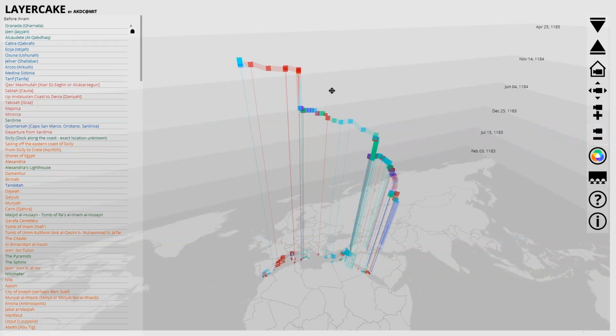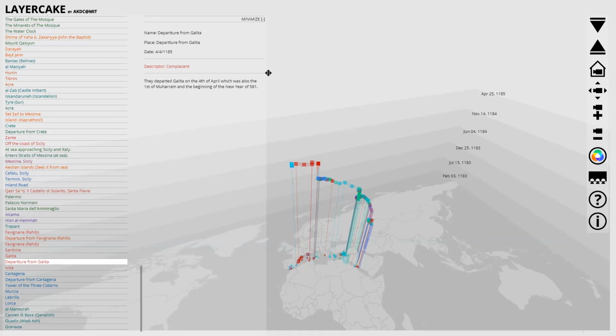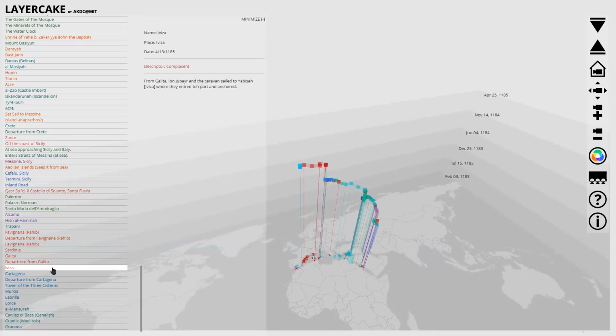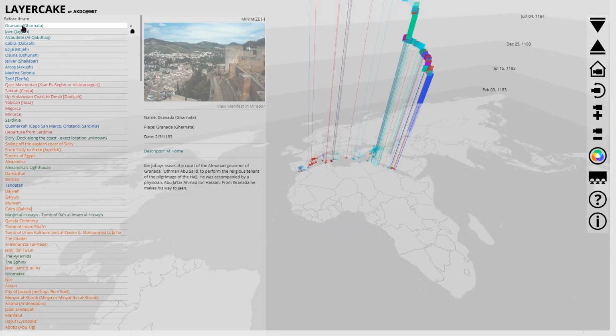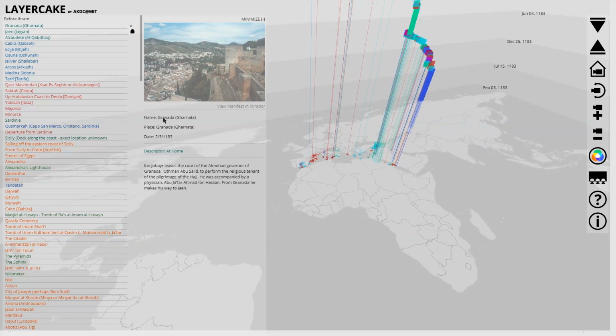You can also zoom in and out using the mouse wheel or the zoom in and zoom out buttons on the right. As mentioned before, each map object may hold a certain amount of detail. If you want to look at this detail, you can either click on the map object itself, or you can click on its reference in the list on the left. Each object necessarily contains a name, a date or date range, and a category which determines color differentiation.